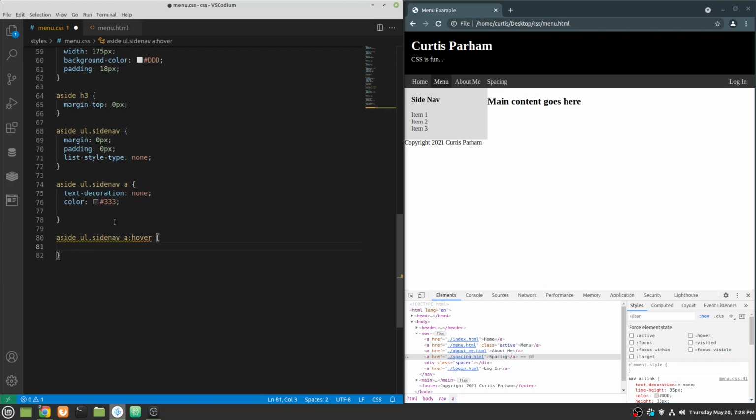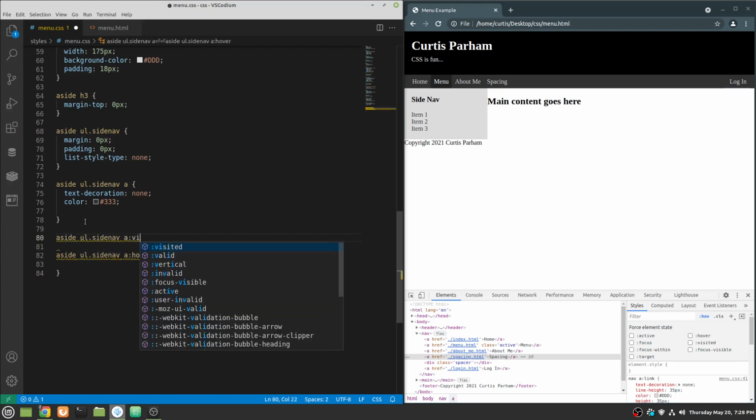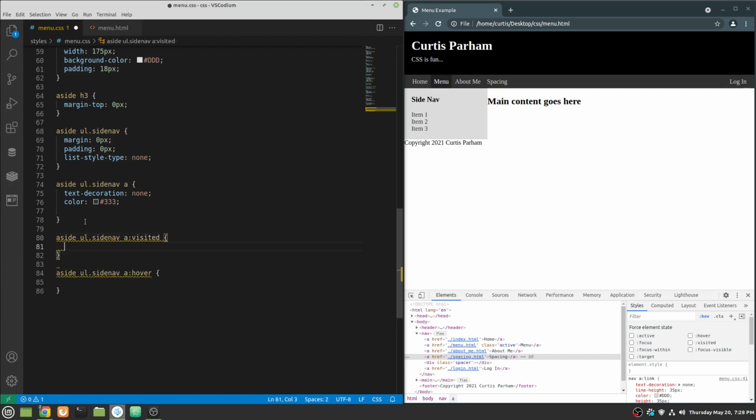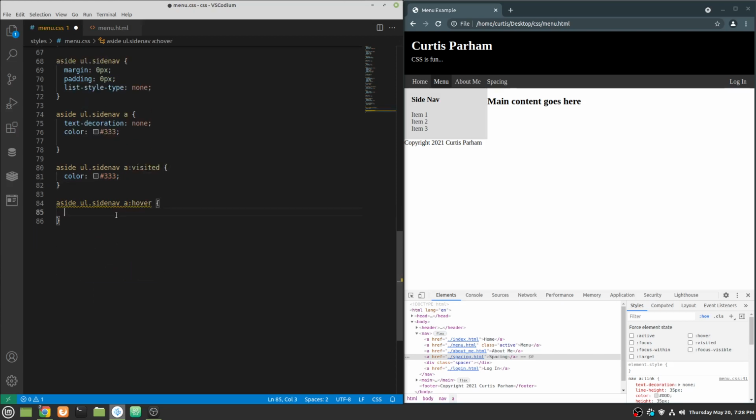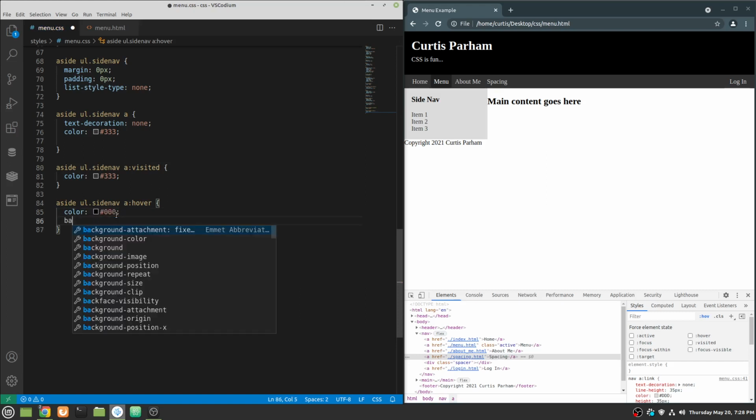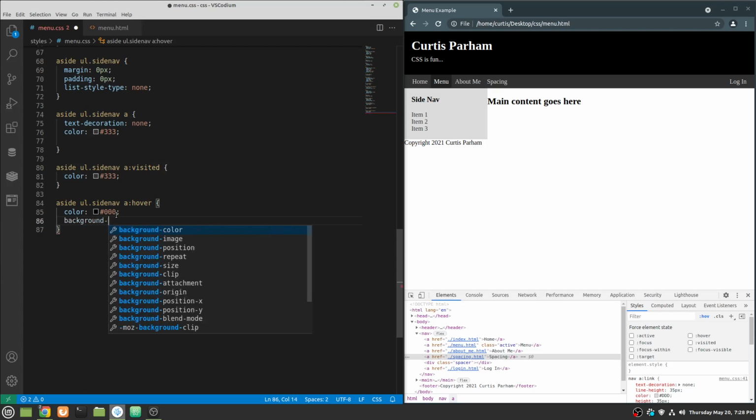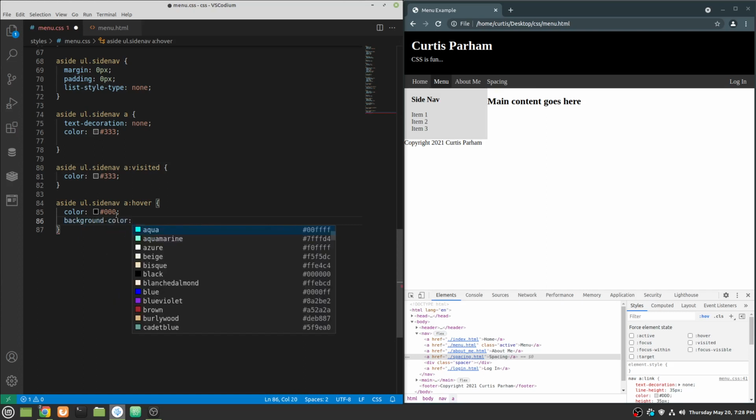this hover class here, and we need to do the visited as well. So all we're going to do with that is probably just target the color and make that the same color as before. But on the hover, let's go ahead and make the color of these darker, so let's do black. And let's do the background color darker